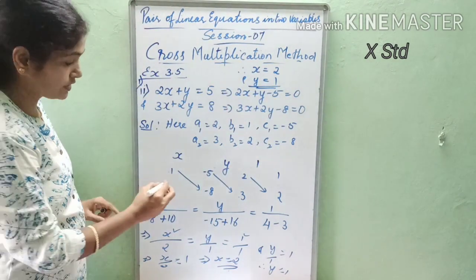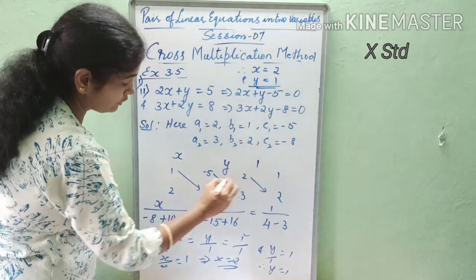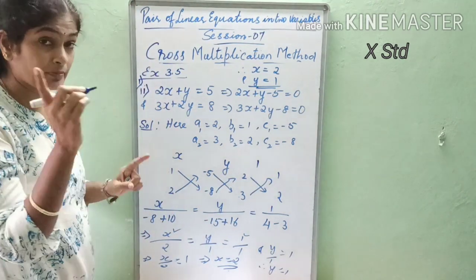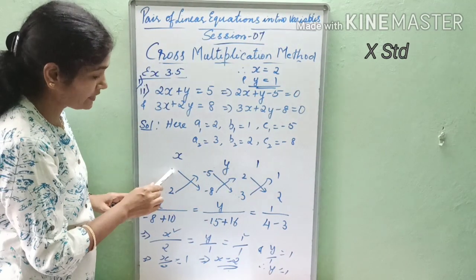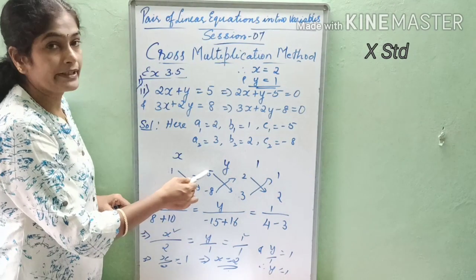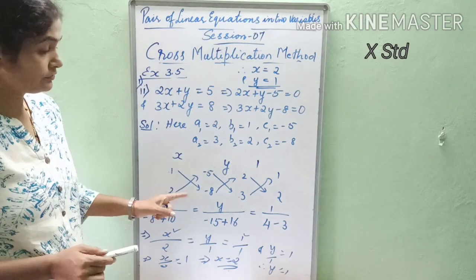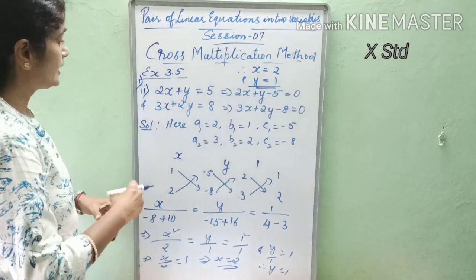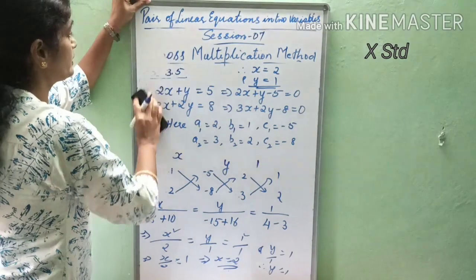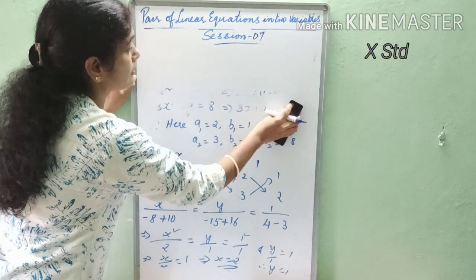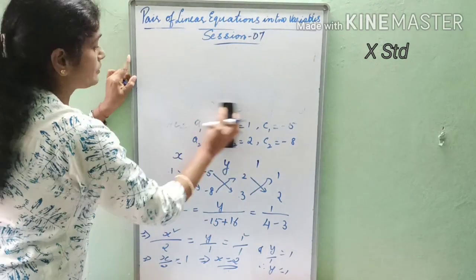Did you follow this? One arrow I have just put downwards, the other one also you can put. Always be careful when you are doing cross multiplication. First multiply these two and then subtract the other product. Now like this we will continue doing the other ones also. These things I will rub off so that we can get a little more space in doing the problems.